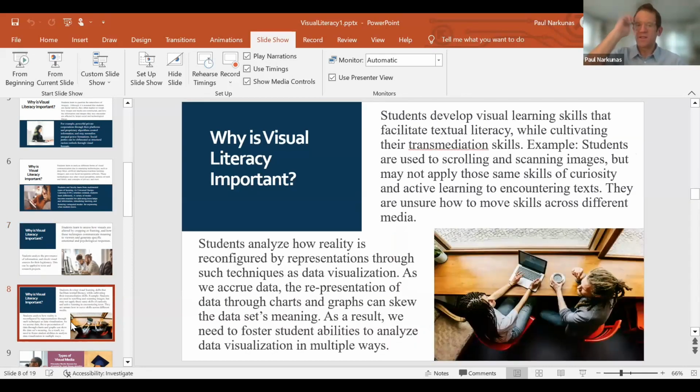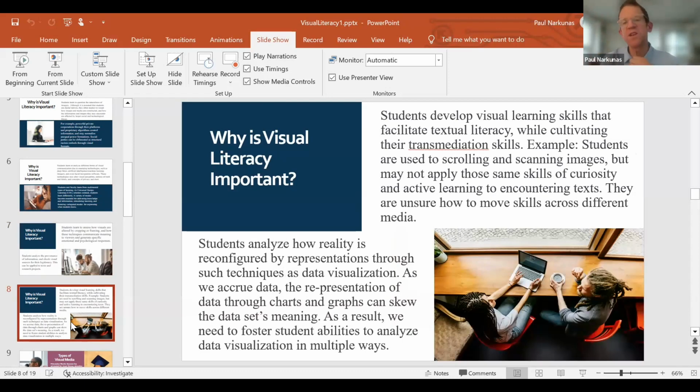A key thing, and this is something I went over earlier, is that students develop visual learning skills that facilitate their textual literacy while cultivating their transmediation skills. One of the things that we see that's important is that students are used to scrolling and scanning images, but they may not apply those same skills of curiosity and active learning to encountering text.